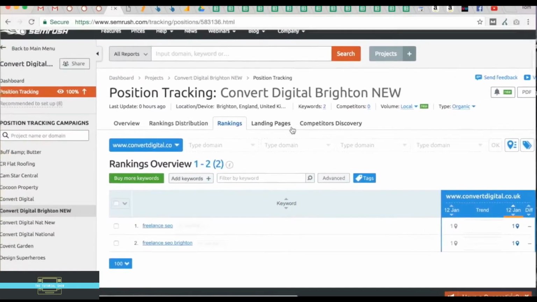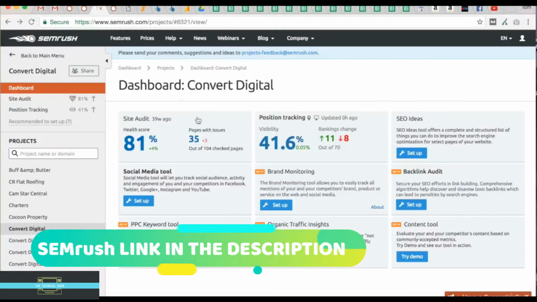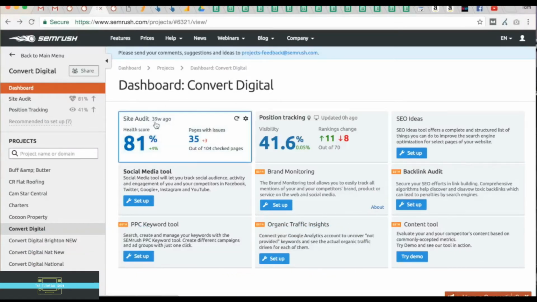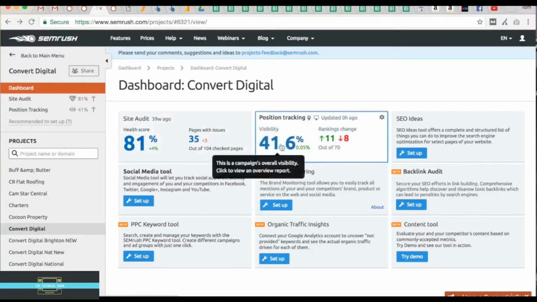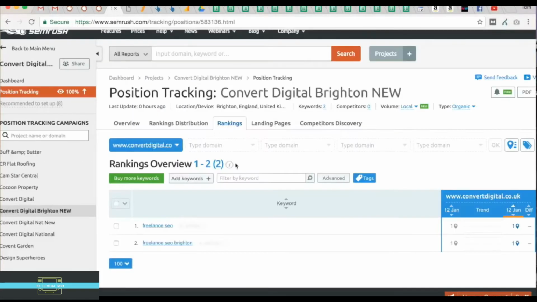Next thing you're interested in doing is clicking on the project. Yeah, so your actual project. So it pops up like this. This is actually one I've already done, as you can see, set up 39 weeks ago. So that's all your keyword area, and you can go into there and see your keywords. But what we're going to do is jump in and look at the site audit in a moment. Now, quickly, if you were interested in how you actually set up the site audit,